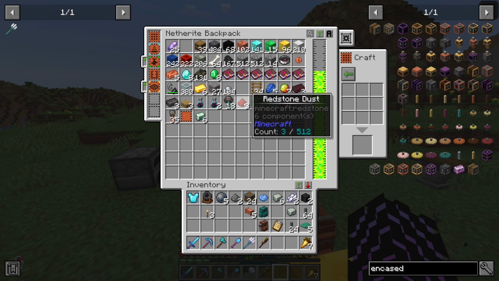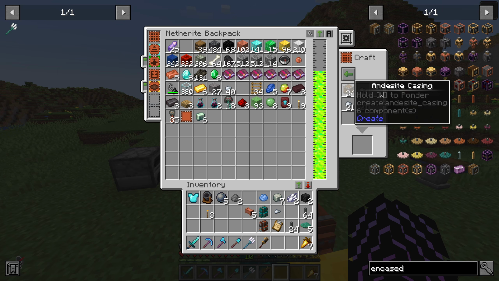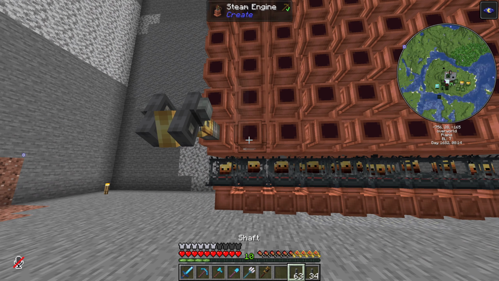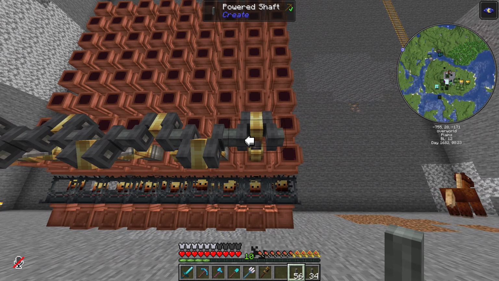Luckily, both of those things are actually very easy to make. I only need iron, andesite, and andesite casing, which I already had. But now I actually think this is where the wrench is going to come in handy. Yes, rotate. Thank you. Now I just have to slowly and meticulously put down a shaft in front of every